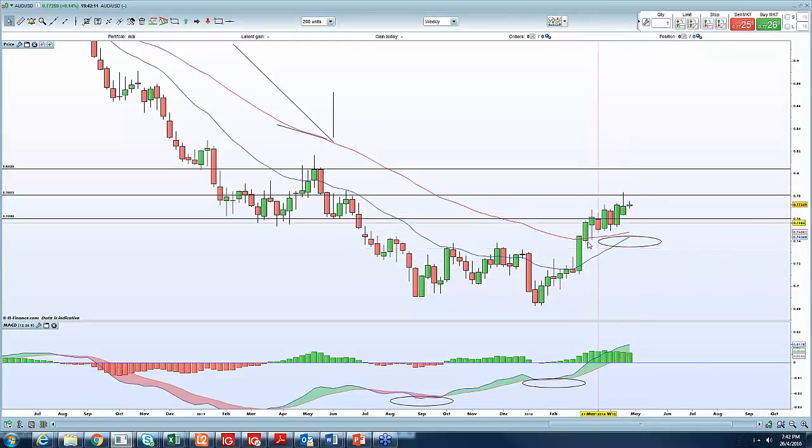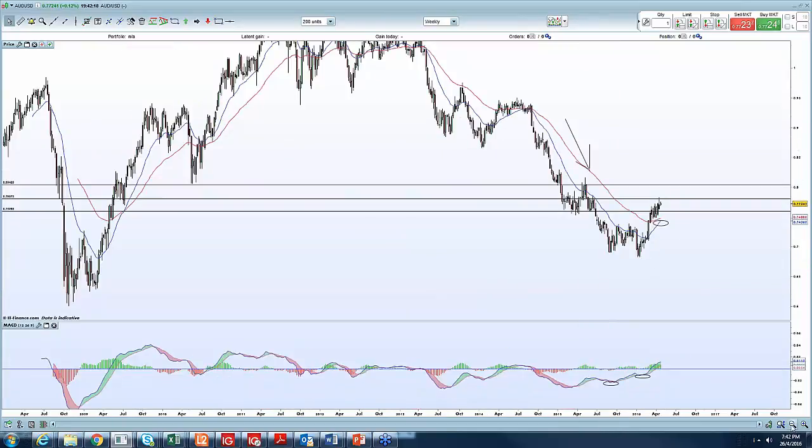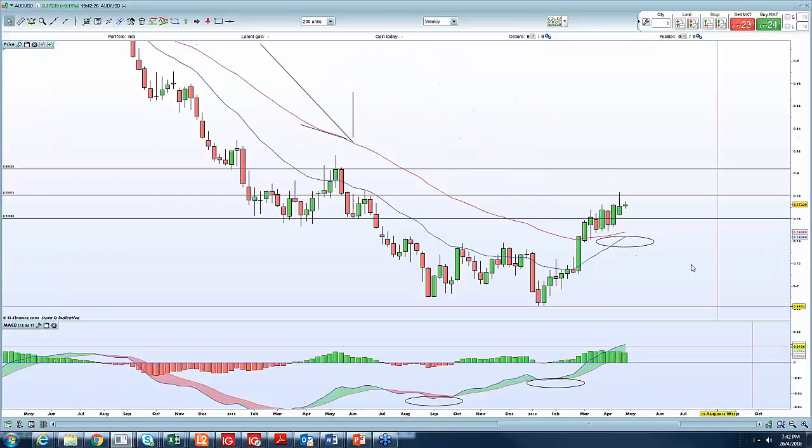You can see that the moving average on the weekly chart is crossing over as well. Let me see if there's any more resistance. There's a possibility that we might test this resistance level at around 78 cents again. Last week's candle is not